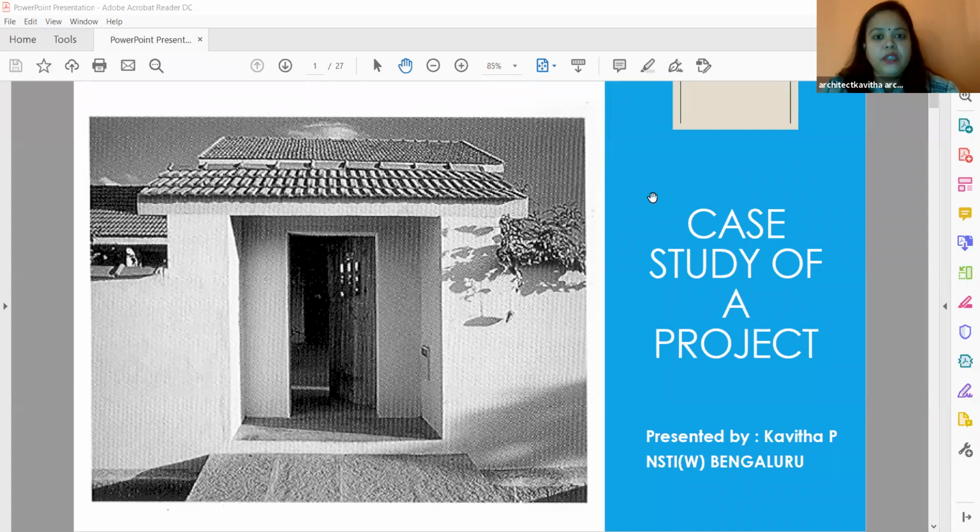Before starting the design, no matter how much I explain or give you knowledge or tell you to browse the net, or show you practically, until you go individually and see the sites and similar projects, you will not get in-depth knowledge of what you want to do. So you have to go to the sites, see it, analyze it, and then make a case study. It's like a project basically, and then submit it. That will give you a clear idea of what you want to do.